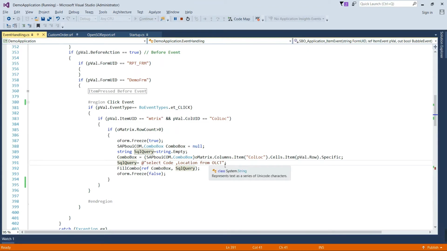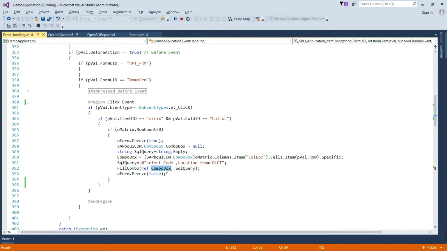that is on the location table of SAP Business One. It brings code plus location, code as the value and location as the description. So we are going to set all code and all location inside the combo box value at runtime. For this we have created a fill combo function that takes two parameters.